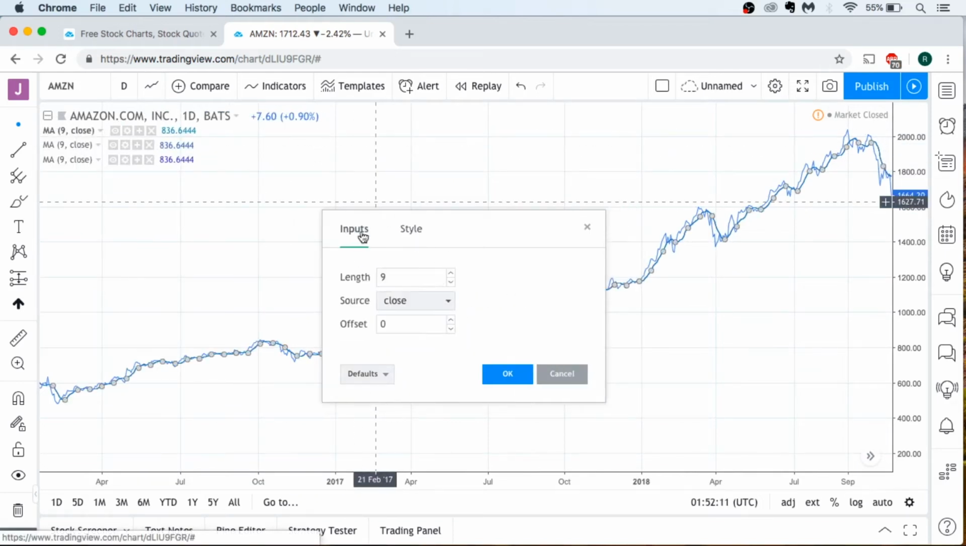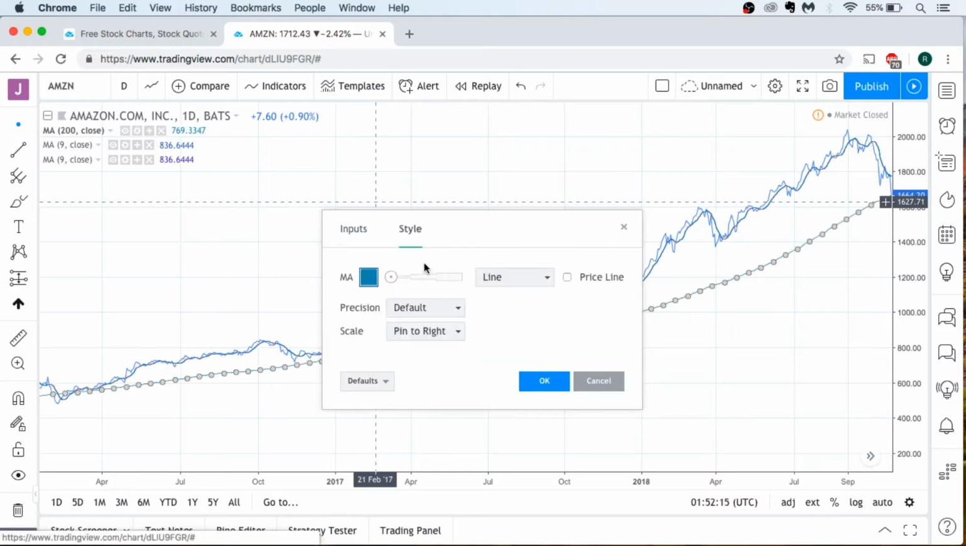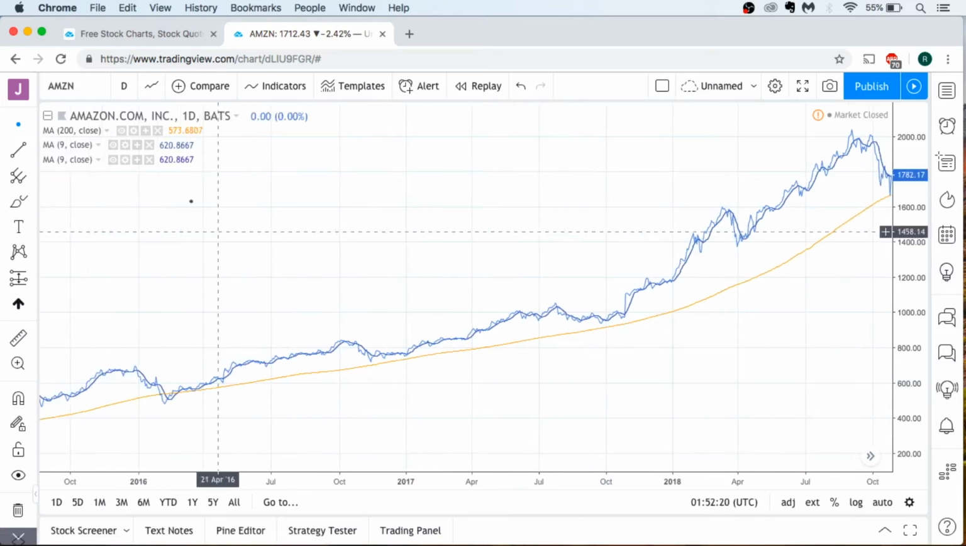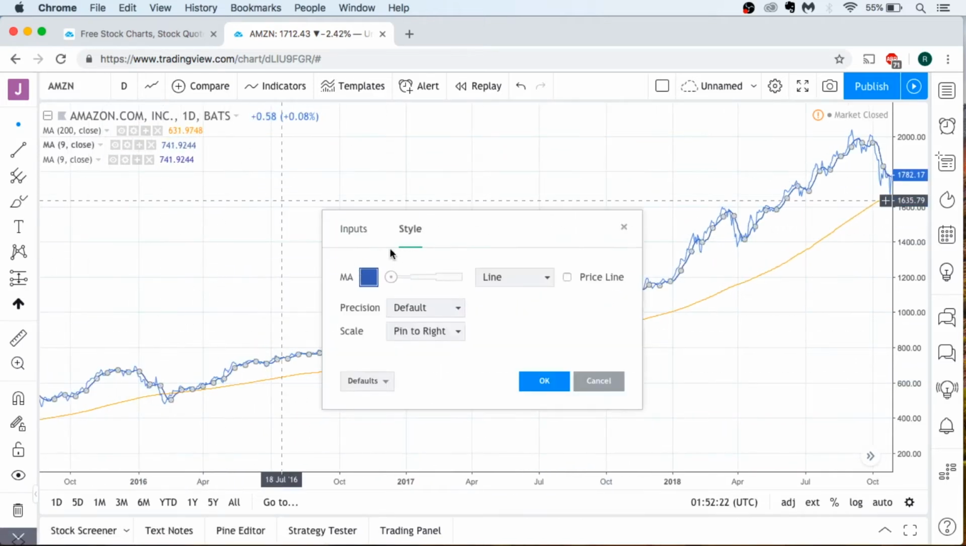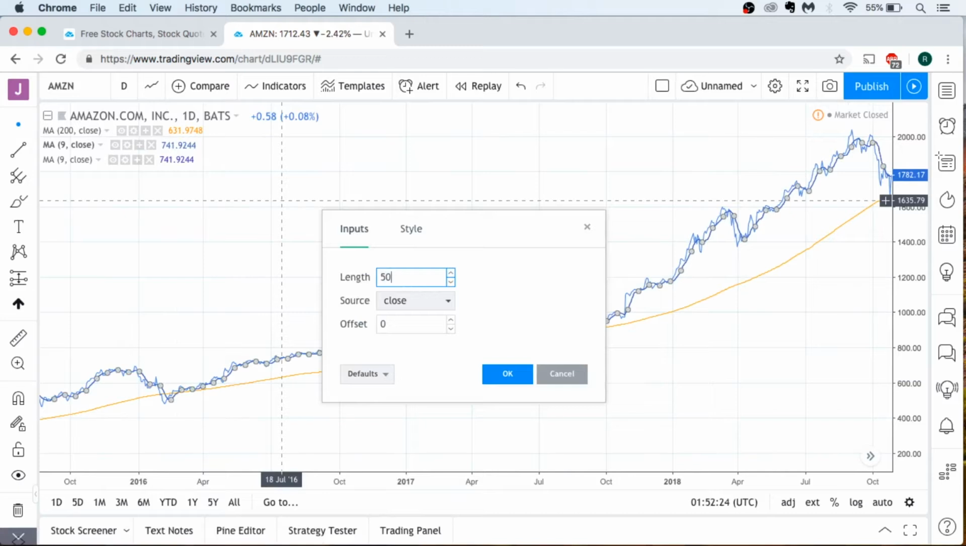We're going to put the inputs at, so we want to do one at 200. Let's put that at that color. Next one's going to be at 50. And if you have no clue what moving averages are, if you have no clue about the 50, the 200 day, the moving average that all the hedge funds, money managers, and institutions look at,